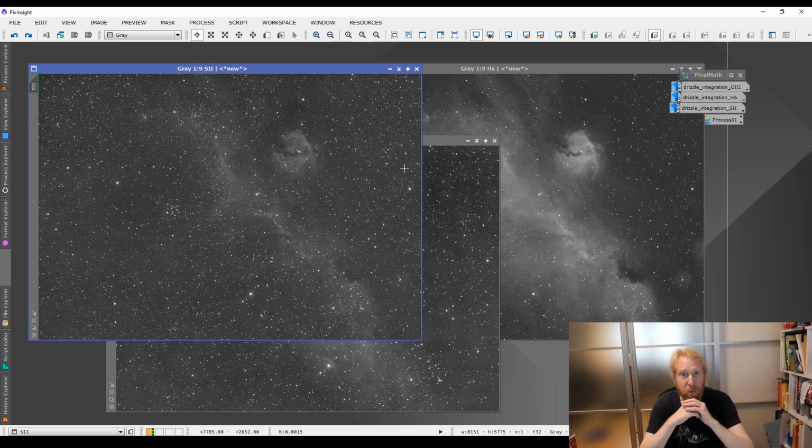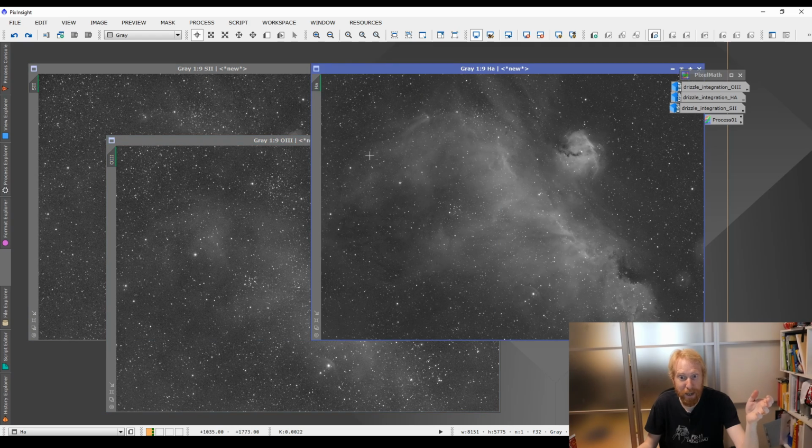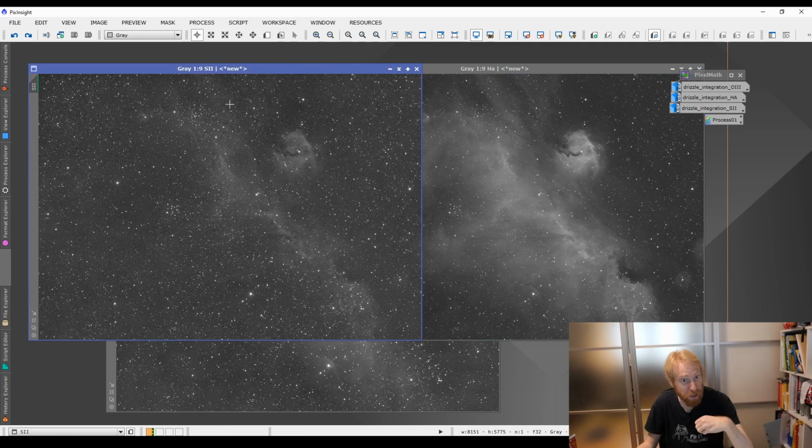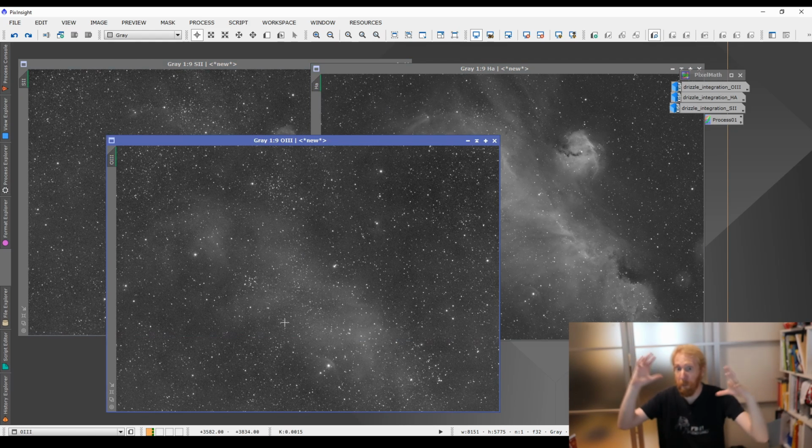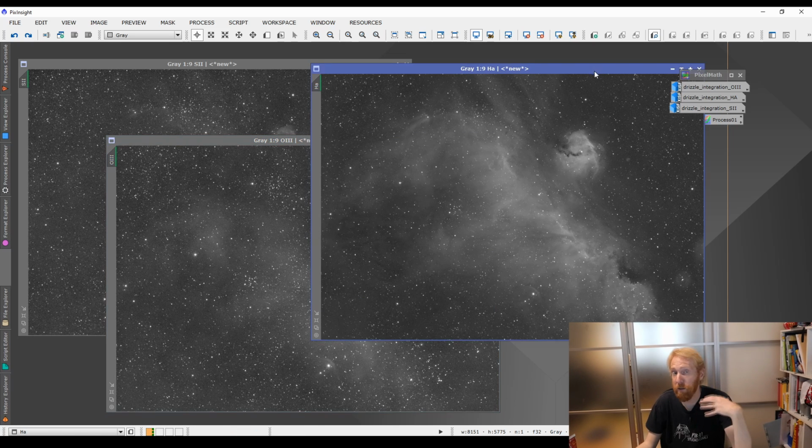But I've captured 24 hours worth of data on that object. So it was not a single night type of capture. It was across many nights on the same object across multiple narrowband filters with my monochrome camera. And this is the result of each of my monochrome images through each of the filters, sulfur 2, hydrogen alpha, and O3. Now, to combine those together, one of the most popular ways is to say that H alpha represents